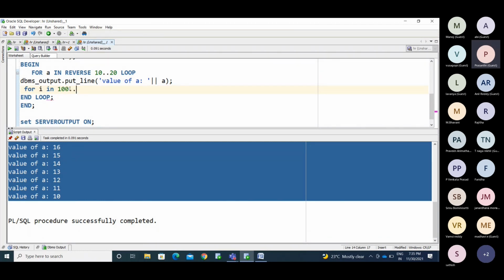Data 100 loop. Okay, PBMS underscore output.